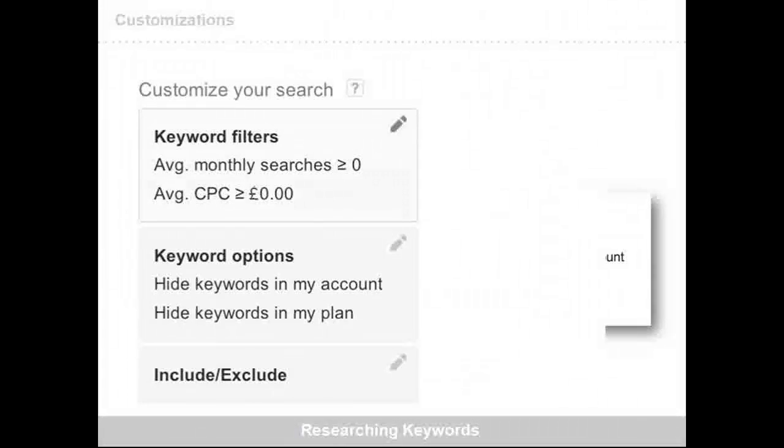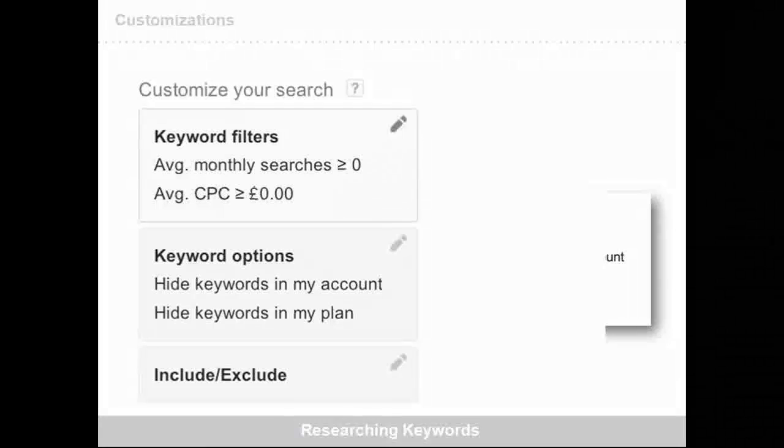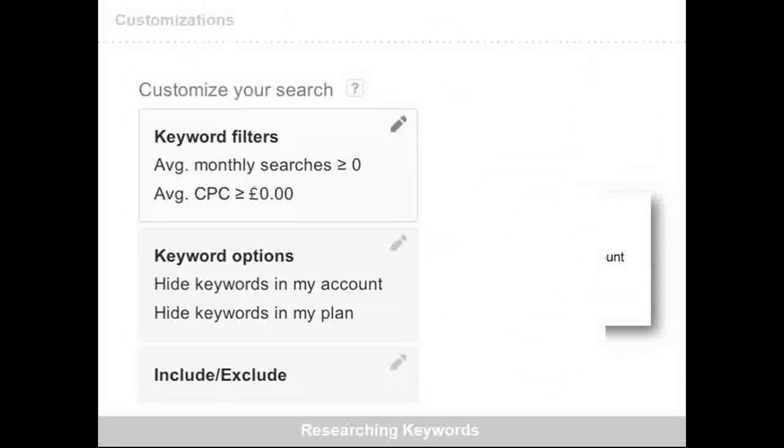Going ahead, we have these other advanced filters, which help you customize your search experience with the keyword planner. So you have keywords, and you can specify that you need a minimum of these many searches, or that it should not exceed this particular CPC. These are filters you can already tell the keyword planner to consider before running the search. There's also keyword options.